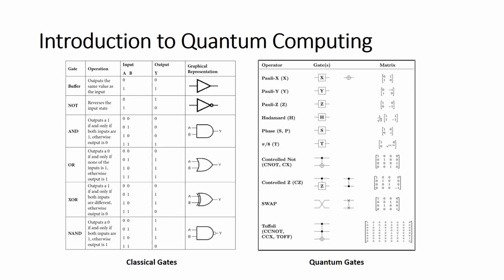When we talk about computing, whether classical or quantum, gates are the fundamental components. On the left, you see a collection of classical gates, and on the right, an array of quantum gates. Let's dive deep into the intriguing differences between these gate sets. Here on the left are the classical gates. These gates, such as AND, OR, NOT, are the foundational building blocks of classical computing. They manipulate classical bits to perform logical operations.